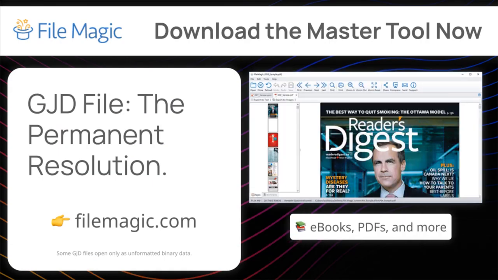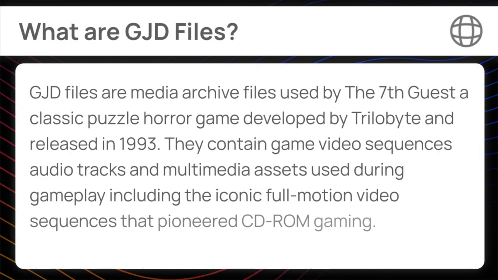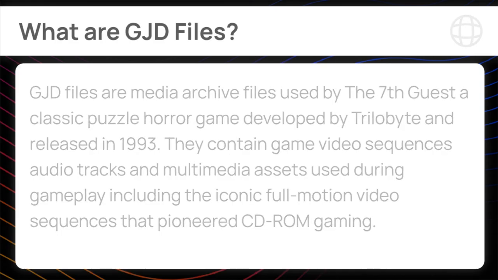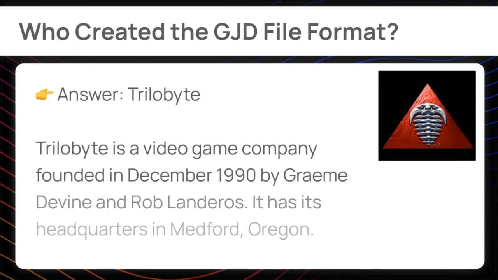First, the simple methods. GJD files are media archive files used by The Seventh Guest, a classic puzzle horror game developed by Trilobyte and released in 1993. They contain game video sequences, audio tracks, and multimedia assets used during gameplay, including the iconic full-motion video sequences that